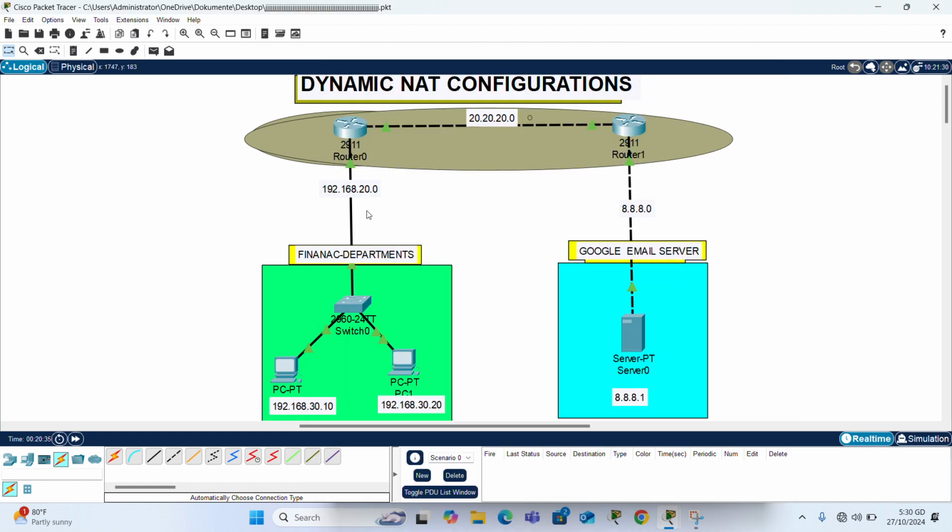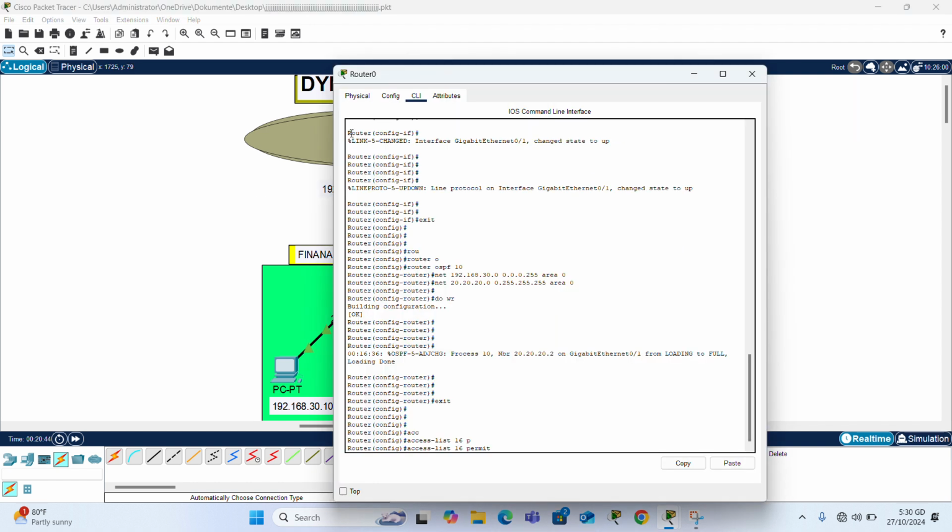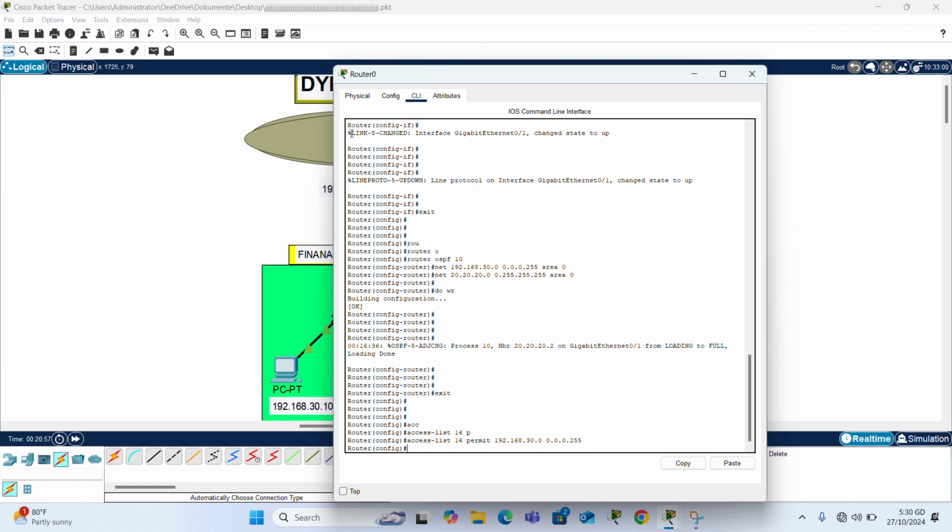You will allow this network, 192.168.30.0, and then you will write its wildcard mask, 0.0.0.255. After you write access-list 16 permit 192.168.30.0 0.0.0.255, then you will write ip nat